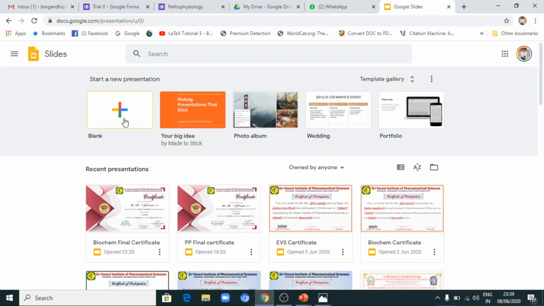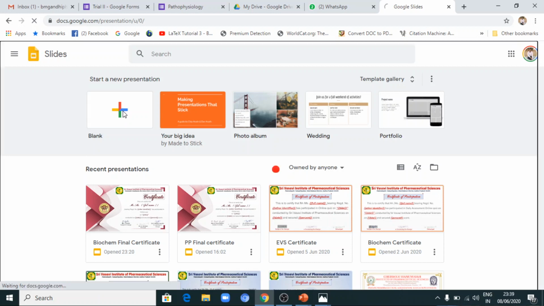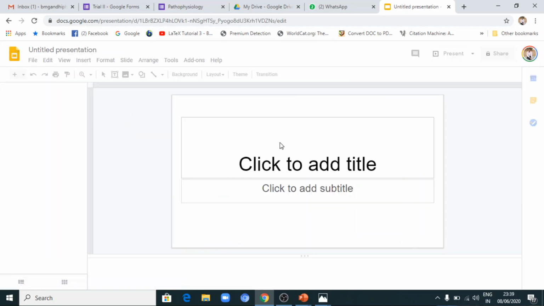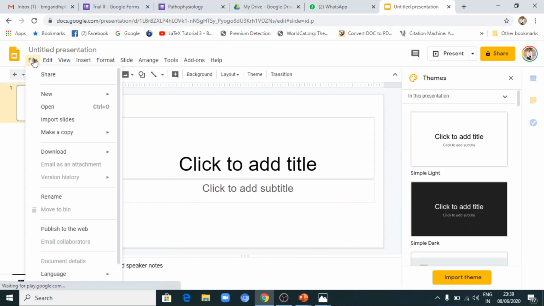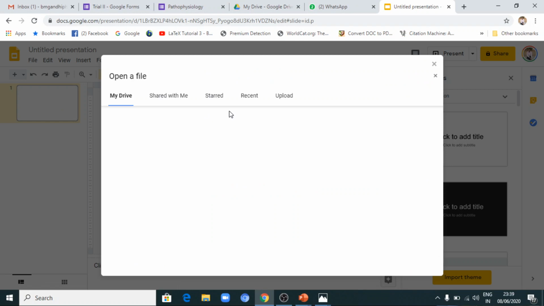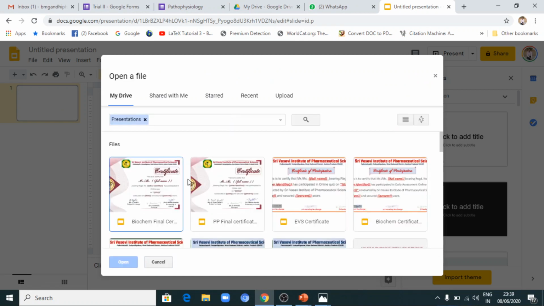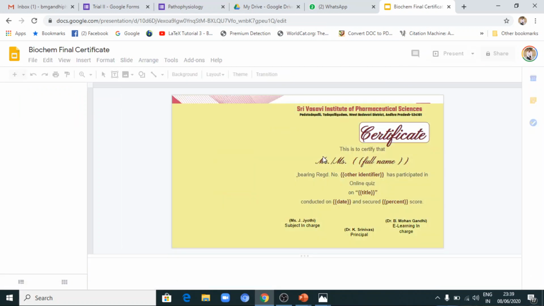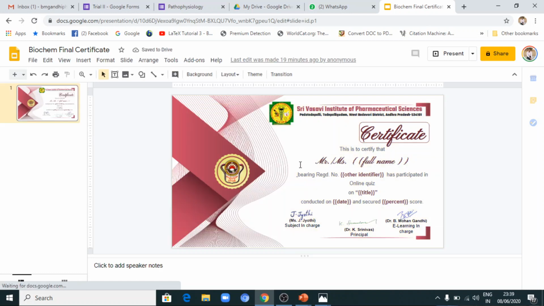Now for this purpose, I'll go to a blank page to check whether it is fitting or not. Then I'll open the certificate I have uploaded. Now this is the certificate I have uploaded. Now see, everything is fitting nicely.